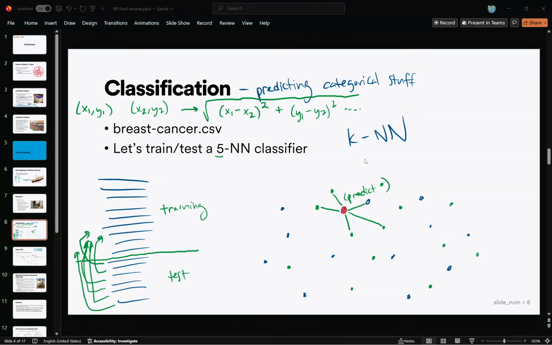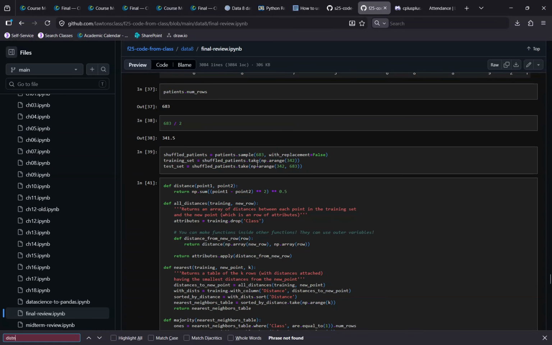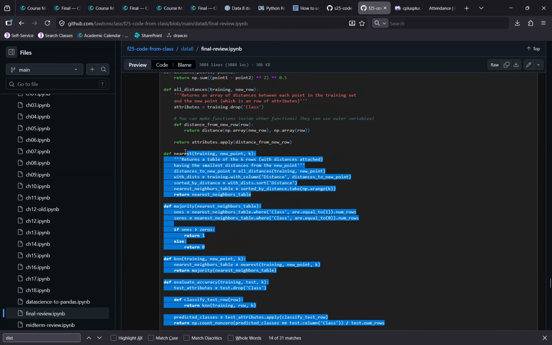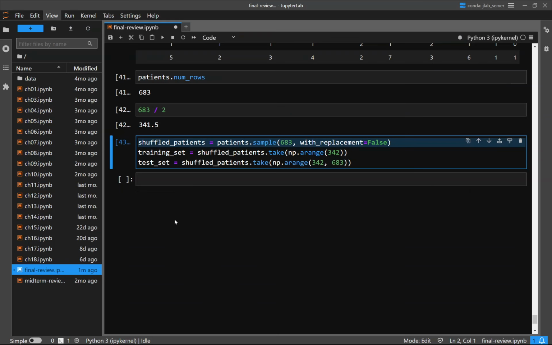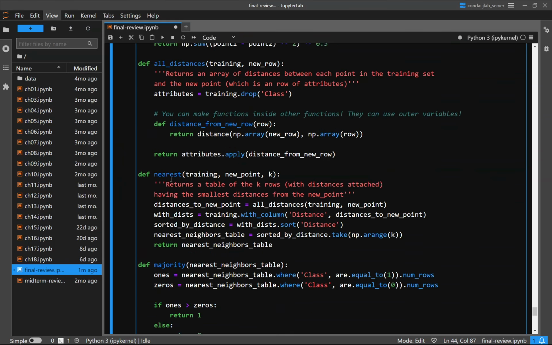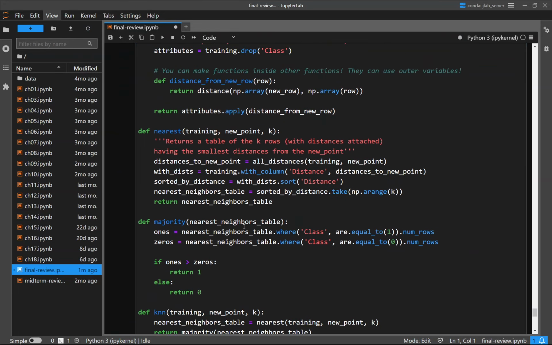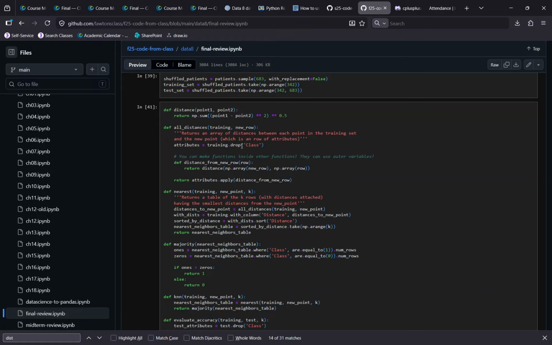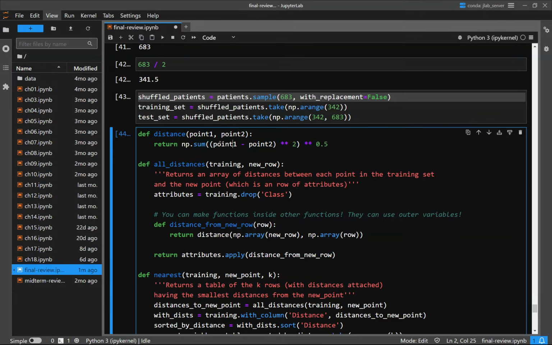So yeah, let me copy and paste all the important code for that in. So here's all the code that we wrote for classification. And let me try to explain it all. So we got our distance function. What that's doing, right? It's subtracting. It's doing exactly that. Subtract the x's, the y's separately from each other, right? Subtract each of those corresponding